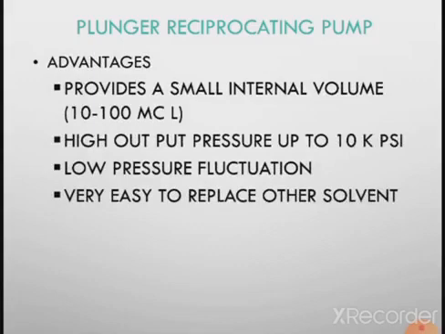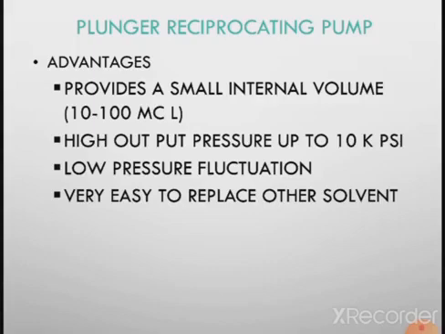Now the reciprocating pump has a number of advantages, as shown. It provides a small internal volume, and due to this we are able to change the solvent within a very small time, because if the bore volume is large, then it is quite difficult to vary the composition.